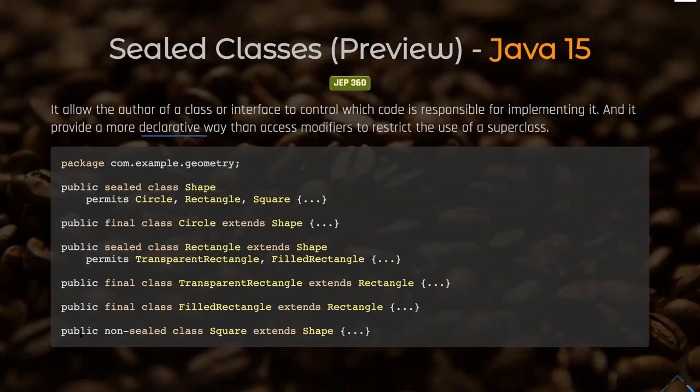classes. And then finally, we have non-sealed class Square extends Shape, which means I'm open to any extension by any unknown classes, which are not declared. In my case here, it's the same as sealed. So this is a way of restricting, and a way of providing a more declarative way of restricting the implementation, and it gives a clearer expression of the open-closed principle that we have in SOLID.